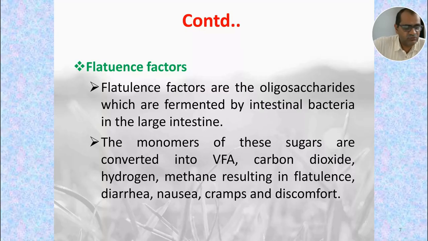Then, as usual, the carbon dioxide, hydrogen, then methane, resulting in the flatulence or the bloat or tympany. Or subsequently, some of these factors may also cause the diarrhea, and in case of monogastric animals, it may cause the nausea. And many times this also causes the abdominal cramps or abdominal pain and a lot of discomfort to the